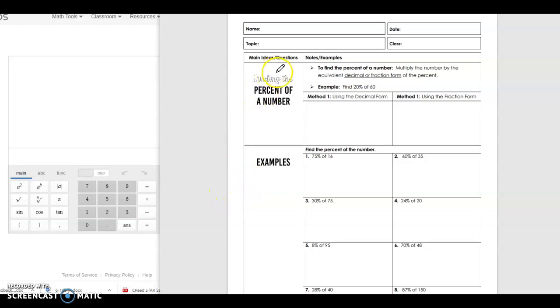So here's how you do finding the percent of a number. To find the percent of a number, multiply the number by the equivalent decimal or fraction form of the percent. Find 20% of 60. So let's go ahead and write that in. 20%